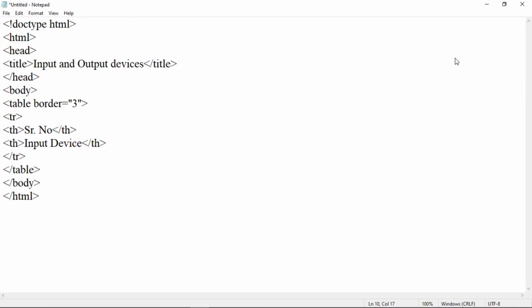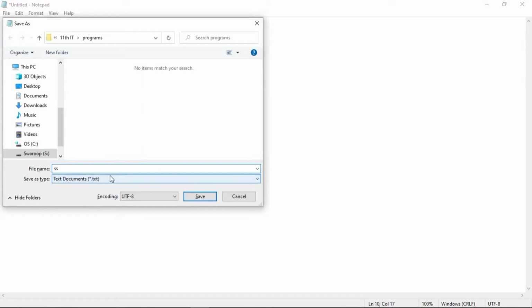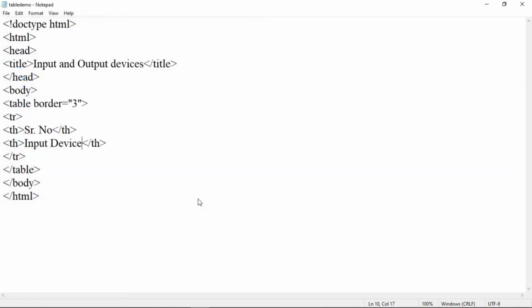Now let us save this file to check the output. So save this file by pressing Ctrl S, then select your folder. Here type a name for your file. Suppose table demo. Dot extension is .html. Now save this file.